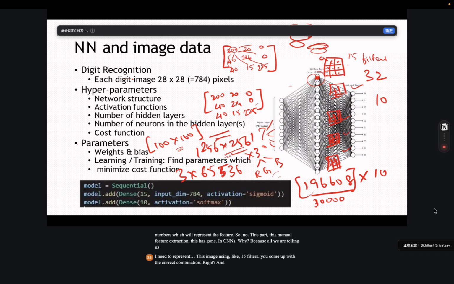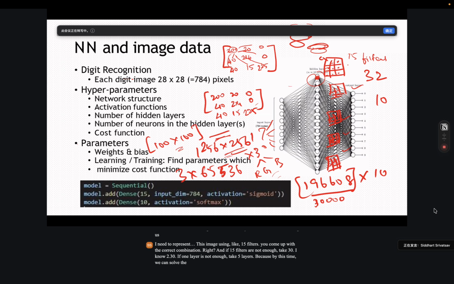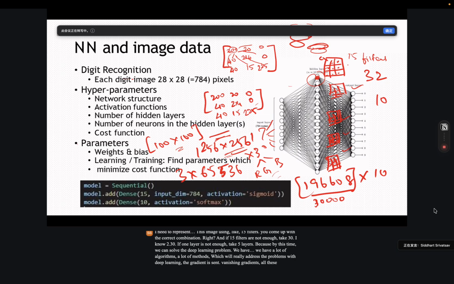And if 15 filters are not enough, take 30. If one layer is not enough, take 5 layers. Because by this time, we can solve the deep learning problem. We have a lot of algorithms, a lot of methods, which will really address the problems with deep learning, the gradient descent, vanishing gradients, exploding gradients, all these we know how to solve by this time, right? So we are willing to go deeper,